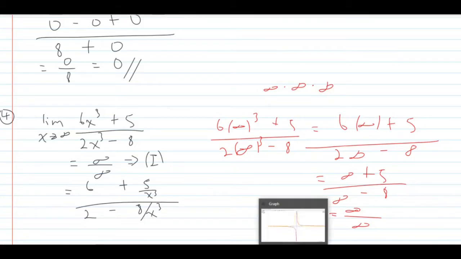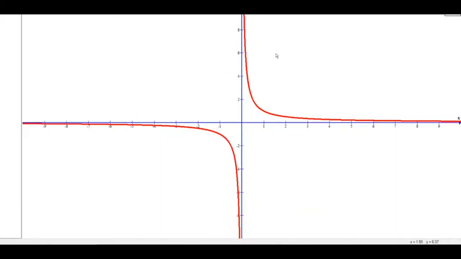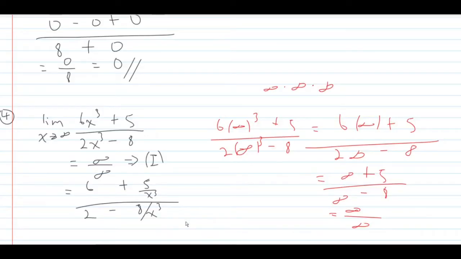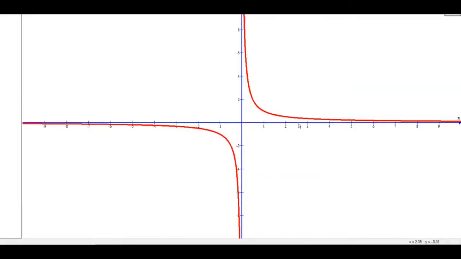Let me go back to the graph. We're just using the 1 over x, or in this case 8 over x cubed or 5 over x cubed. It doesn't matter. Both graphs will look very similar. As we approach infinity, that is in this direction, then my function gets closer and closer to 0. You can see that as I get closer and closer to infinity, and even though it looks like it touches the x-axis here, it is asymptotic to the x-axis. So that is why